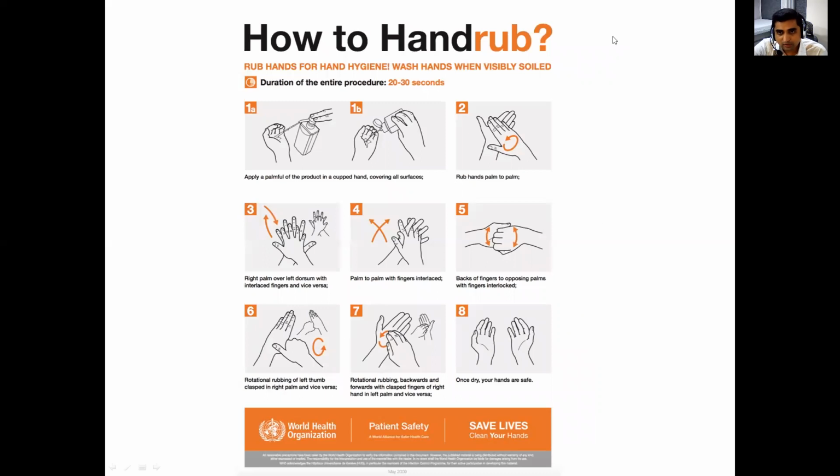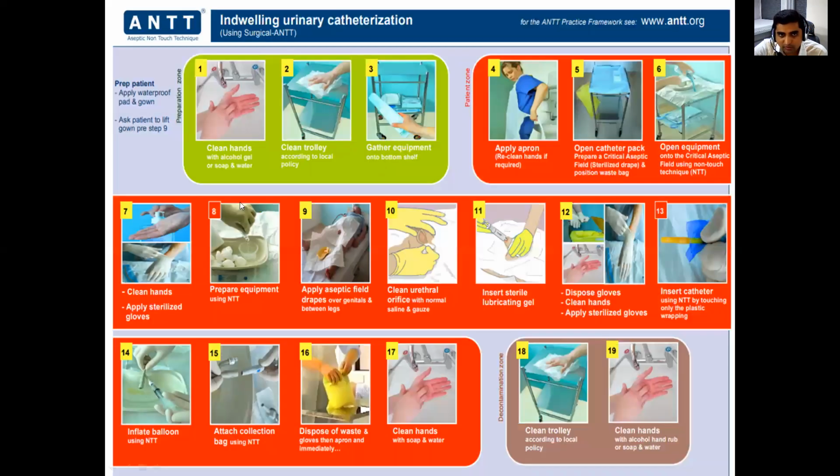So before doing the procedure, we must know how to handle the expert-recommended WHO steps. We're not going into detail on that, but at least for 20 seconds do your hand washing as per all these recommended steps. For your palm, your dorsum, your fingertips, everything should be washed properly. So this is a nice picture summarizing all the steps of Foley's catheter insertion in male or female, and similar steps should be followed in all patients.